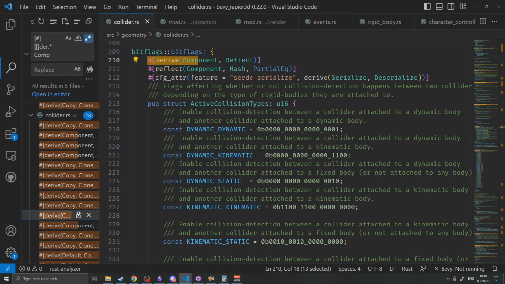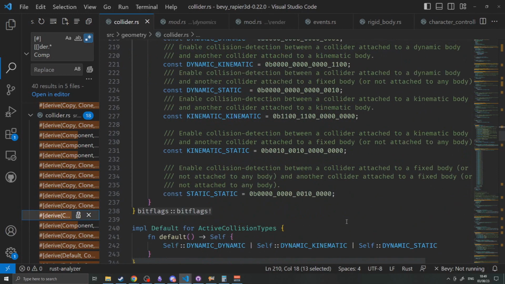Up next is the active collision type. This is a marker indicating what types of collision the particular collider is allowed to interact with, based on what type of rigid body it is attached to, and what type of rigid body the collider it is interacting with is also attached to. This is things like dynamic colliding with dynamic, dynamic colliding with kinematic, dynamic colliding with static, kinematic colliding with kinematic, and so on and so on. I'm not quite sure how you could have a static colliding with a static. I guess this could be used for terrain checks, such as when you spawn in a map and you can then check to see if there are any objects in the map interacting with any other object in the map